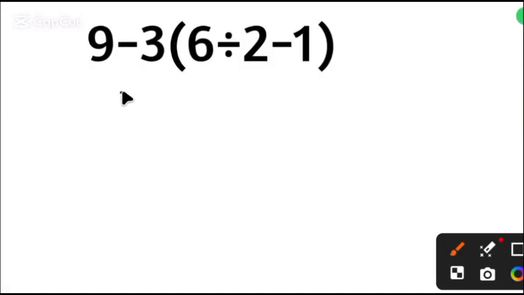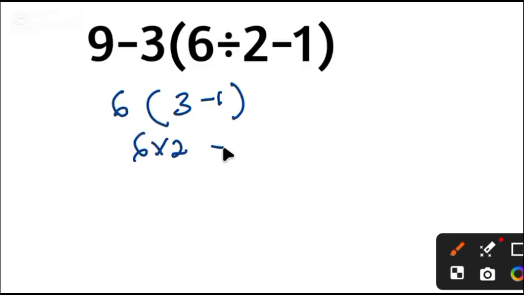9 minus 3 is 6. 6 divided by 2 is 3 minus 1. 3 minus 1 is 2 times 6 will give us 12. This answer is wrong